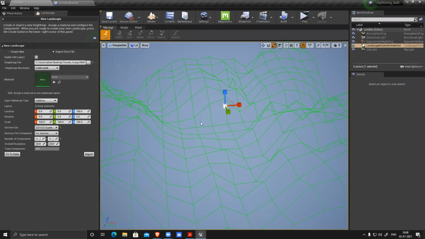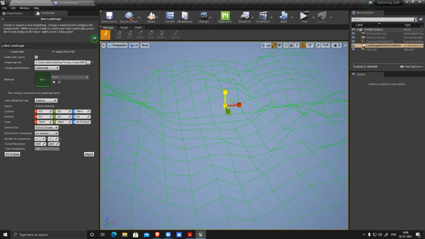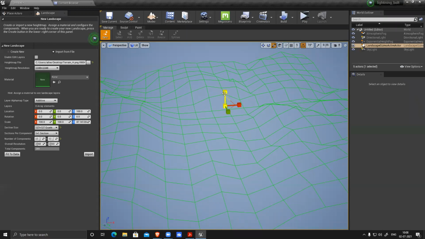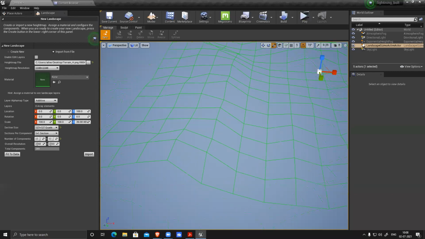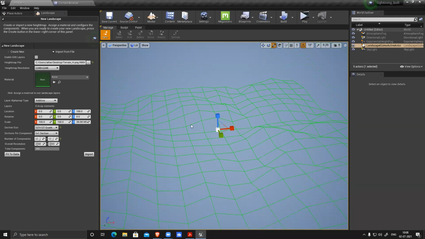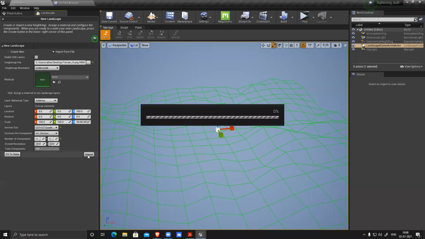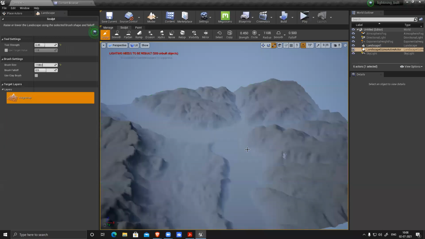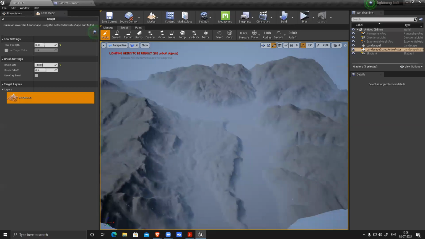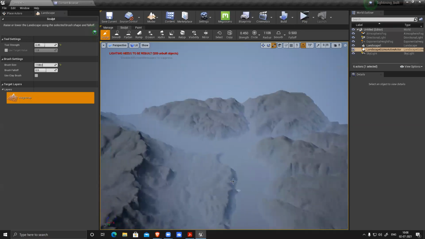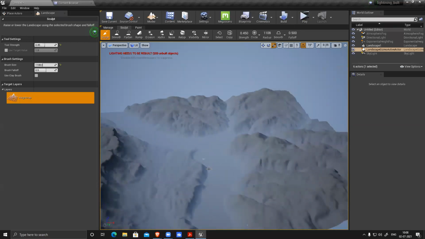Landscape, it's selected. Now I have to reduce the intensity, height, import. You can see now it's way better. It gives me a nice terrain. This is, I believe, a river or something, and I have these mountains. It looks pretty nice, clean and smooth. Like this, we can create terrain very easily, super easily.